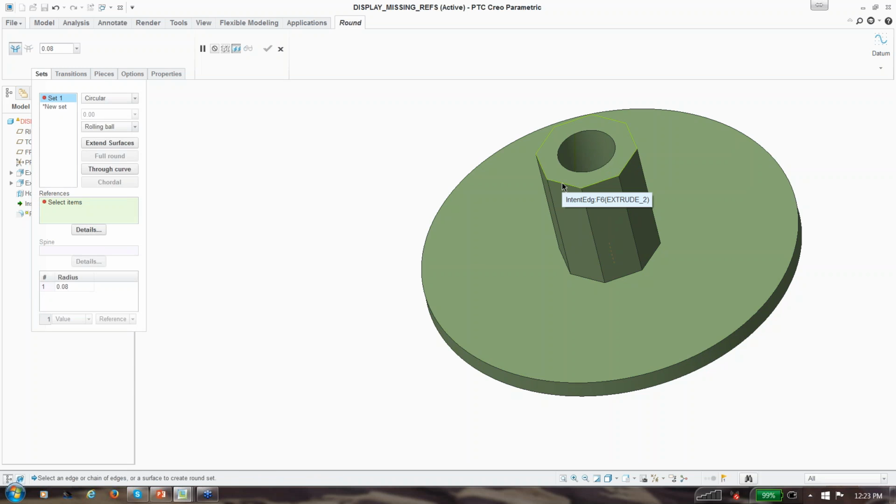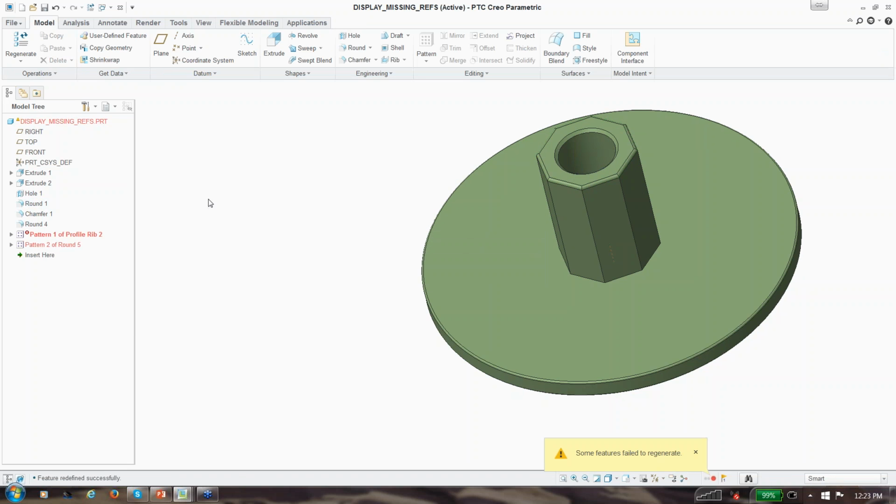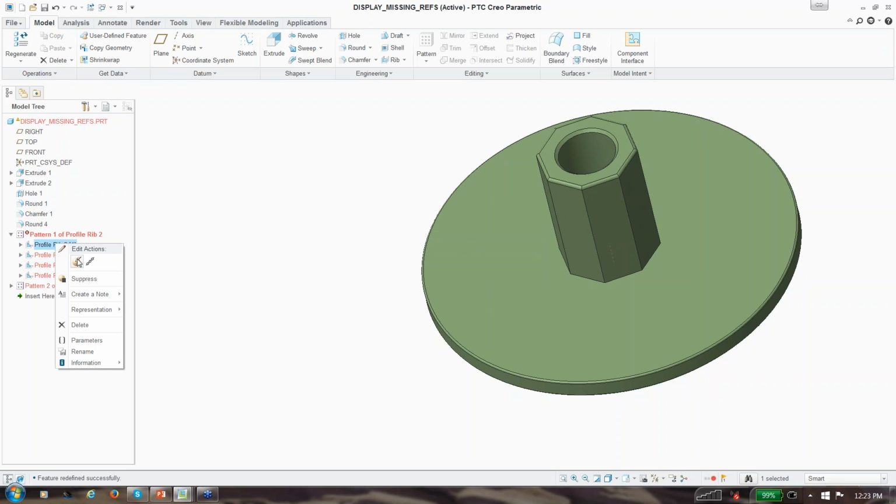And so I do want to touch on that. Intent edge, you see if I hover over one of these edges here, this is another way to reference edges. So if I right mouse click just one time, I get to what's called an intent edge. I can also get to it in my filters here, intent chain, and if I'm hovering over the edges, it's only going to highlight those. So what is an intent edge? Well, let's talk about that, because after I fix this rib, which I need to do next,